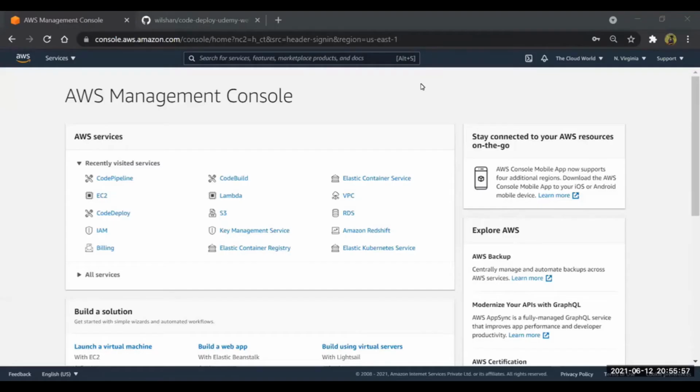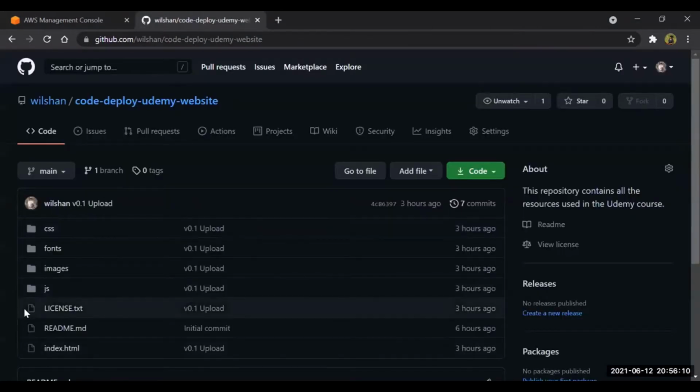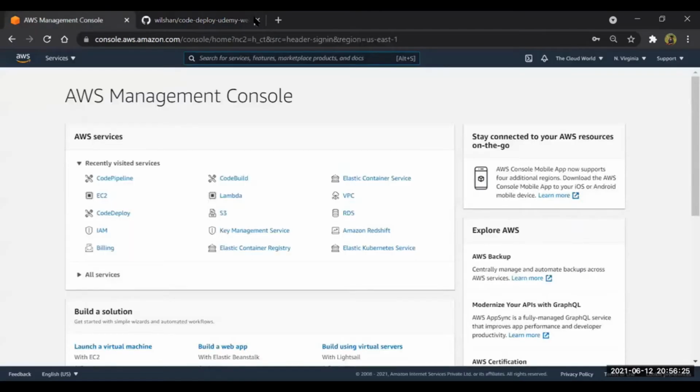In this section, we are going to create one small pipeline by using GitHub, and we will deploy the code onto the S3 bucket. So let me show you the code. This is my GitHub repository and the code I have kept here. So this is the code. I'm going to deploy this code on the S3 bucket, and later on I'll make some changes to the code and it gets deployed to the S3 bucket automatically. I'm going to host a static website through S3.